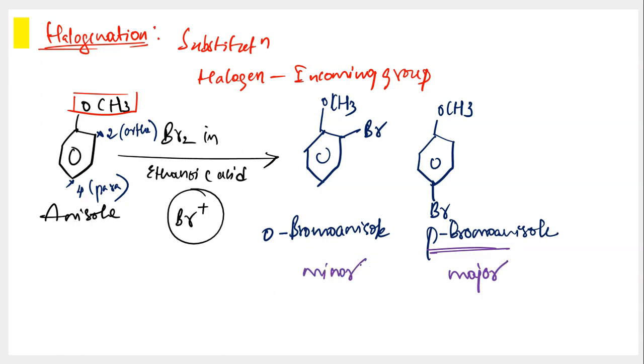In case you're confused about the reasons behind stability, ortho isomers exist in close proximity with the functional group. So there will be a constant repulsion between both of them, which leads to destabilization in the molecule. But that does not happen in case of para product. There will be maximum distance possible between the incoming group and the existing functional group. And hence you will be having a stability maintained. That's why the para isomers are major products.